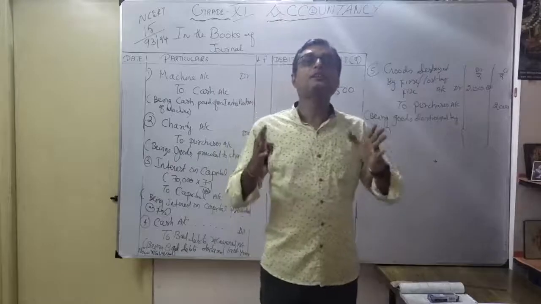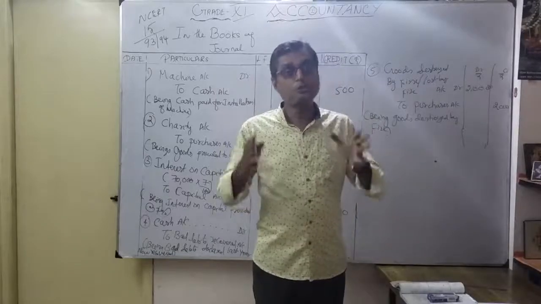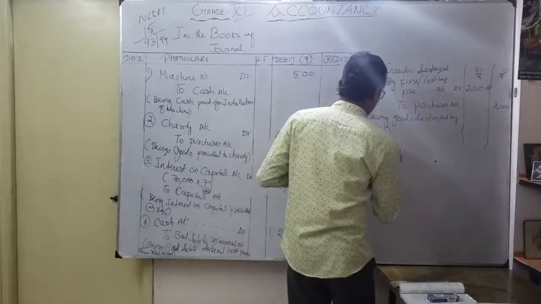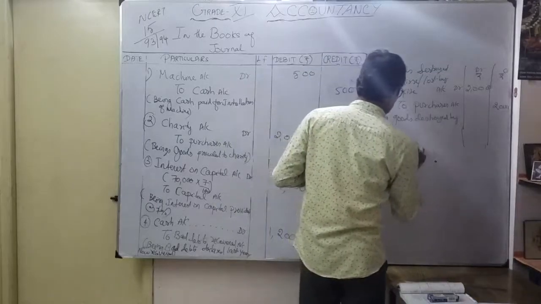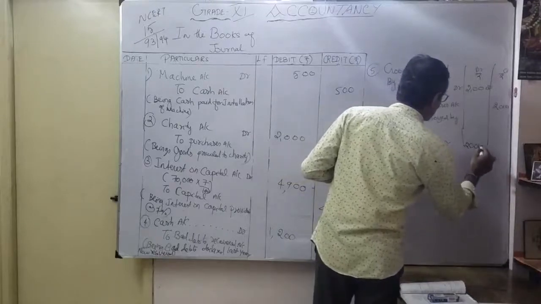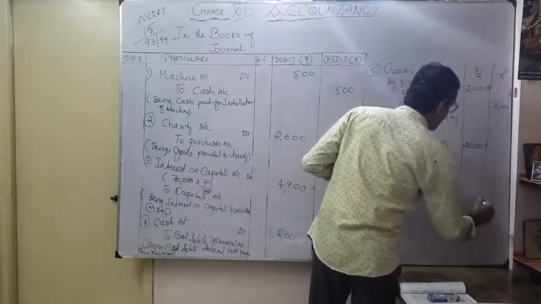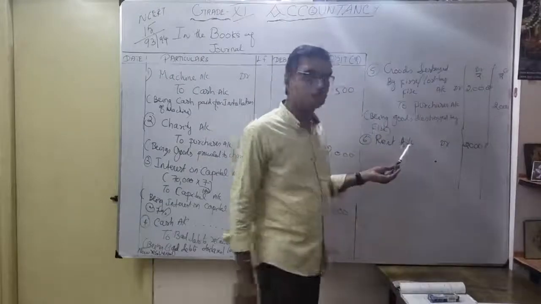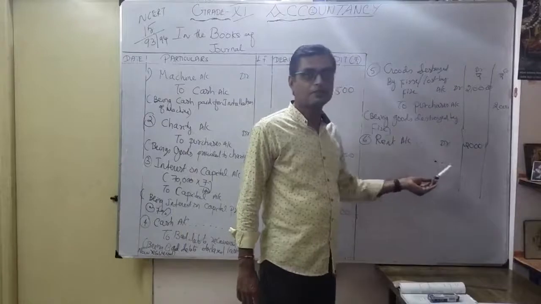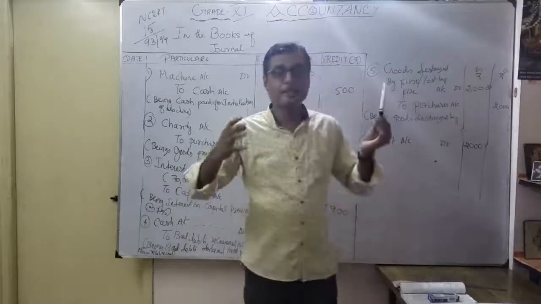So we do not take paid money, but you want to show the rent account. Correct. So how to write it here? See, rent account debit. How much? 2000. Okay. But not yet paid. Suppose I am going to pay money, what happens? Rent account debit to cash. So whatever narration I have to write here: not yet paid.